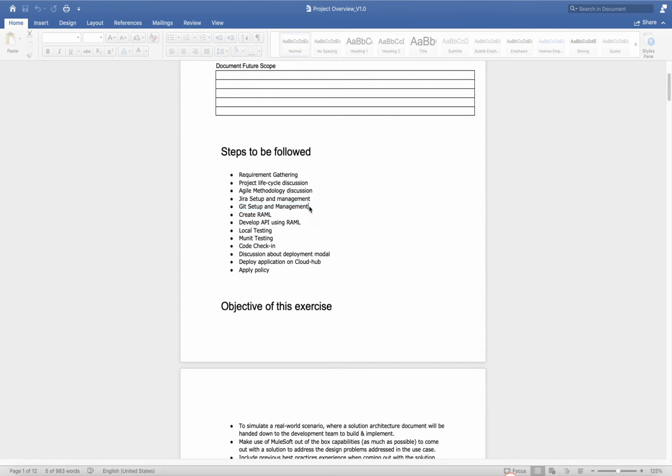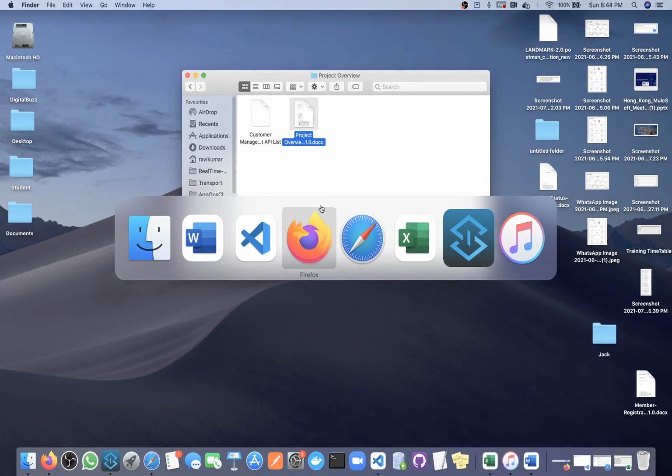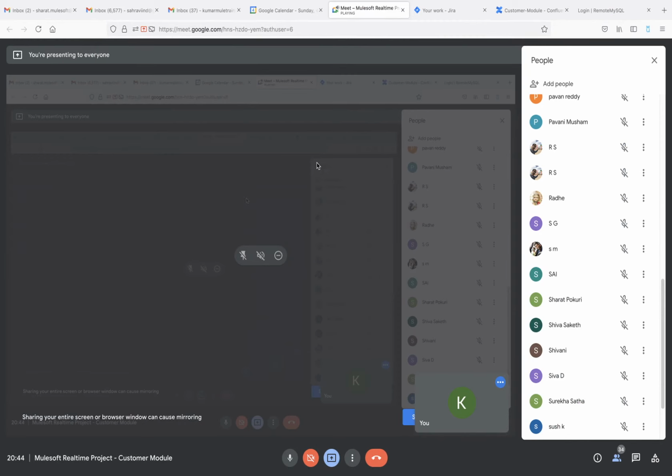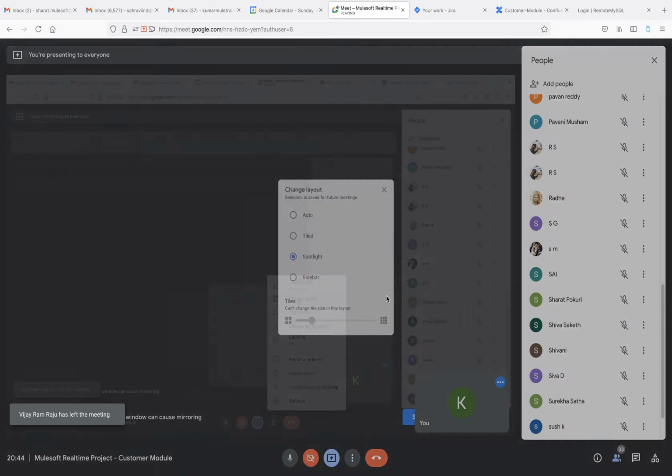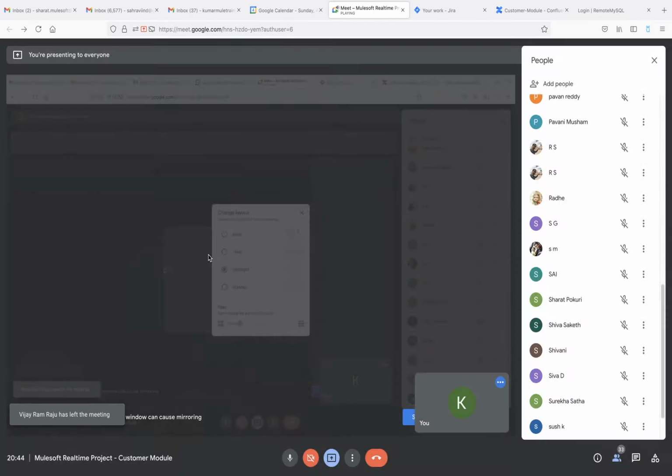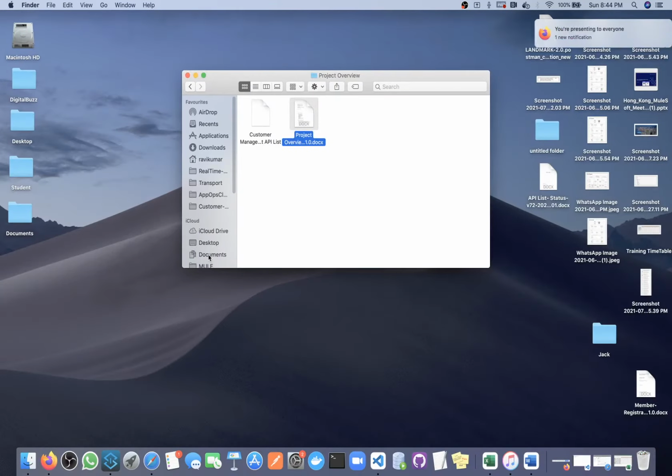One thing at this point: in the last batch and a few places, I have seen a few people have doubts about what is an application and what is a Mule API.